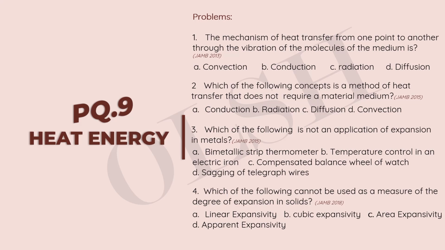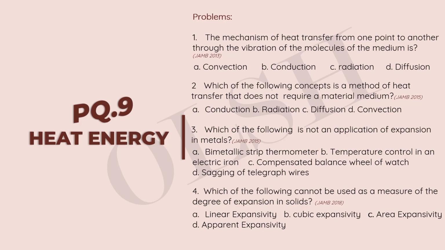So bimetallic strip thermometer, is that an application or effect? That is an application of expansion in metals. And the question is, which of the following is not? So we skip that. Temperature control in electric iron. Of course, temperature control in an electric iron is done by the bimetallic strip. So we already know that is an application, so we skip it. We have C, compensated balance wheel of watch. That's also an application, because that has to do with the bimetallic strip being used to avoid some effect of